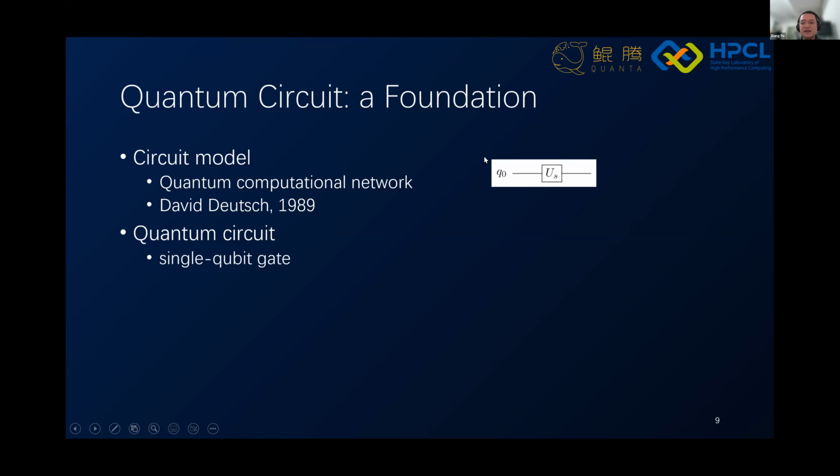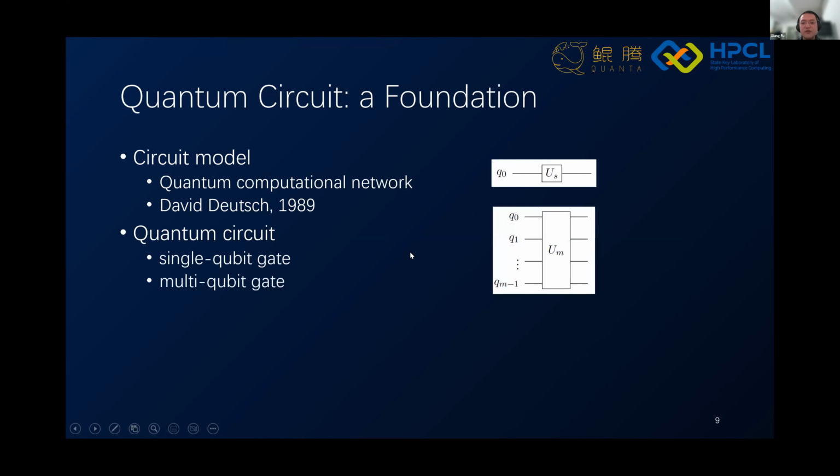In a quantum circuit, an operation is a gate, a block, and a qubit is a line. So a single qubit gate is a block lying on a line. And if we have multiple gates, they are denoted with this symbol.